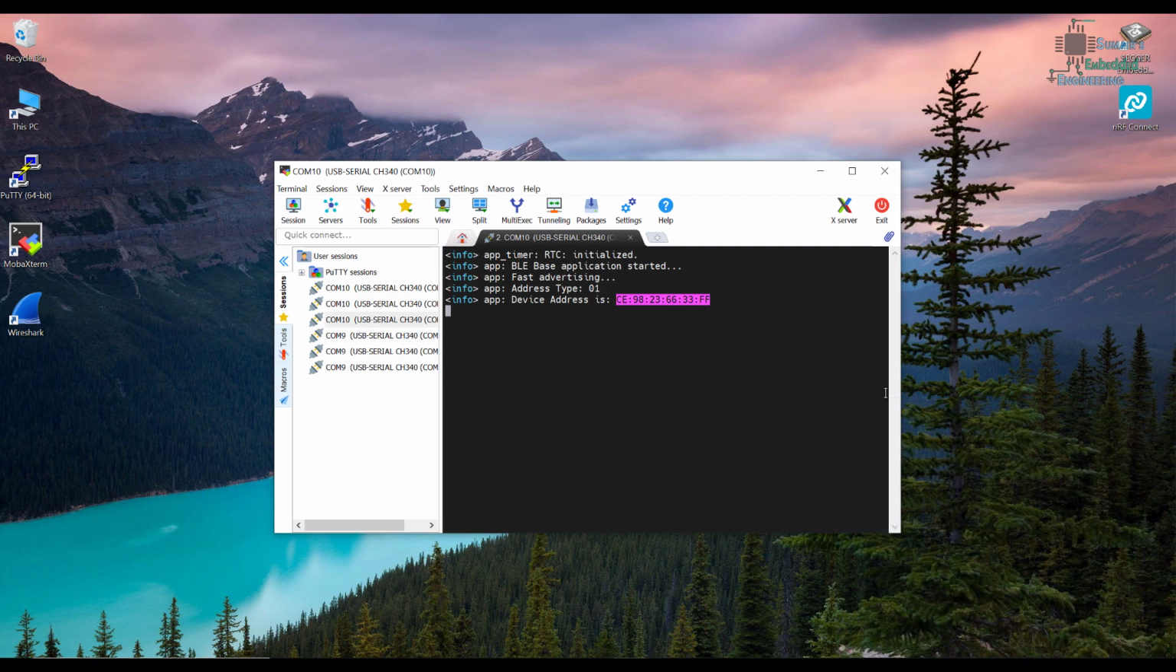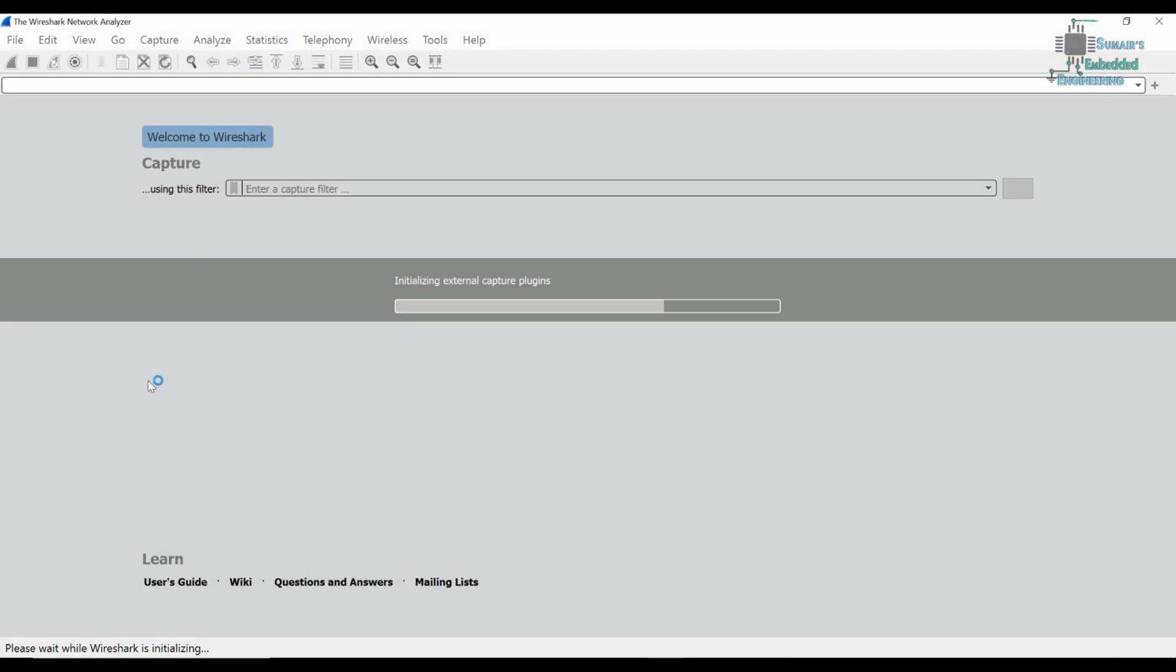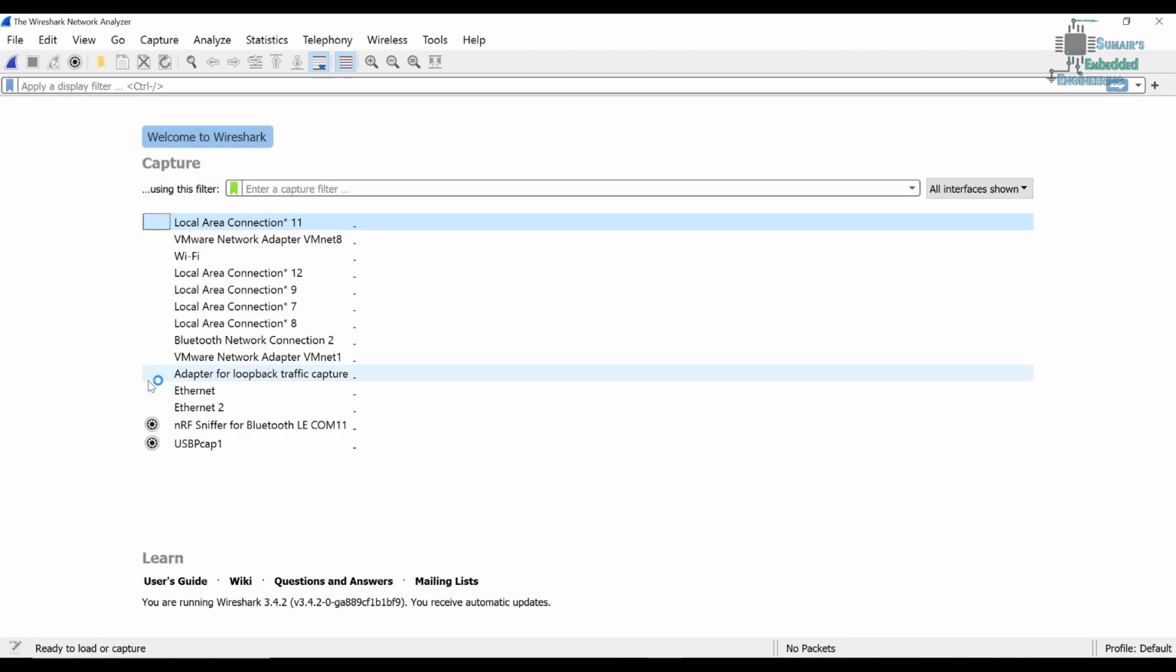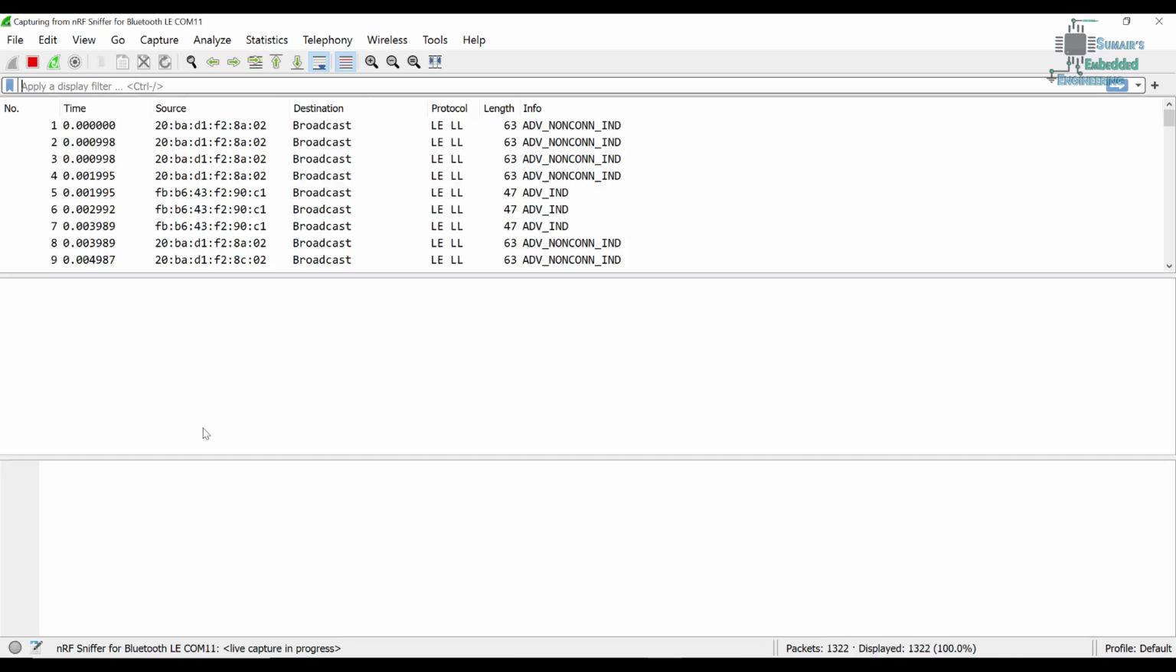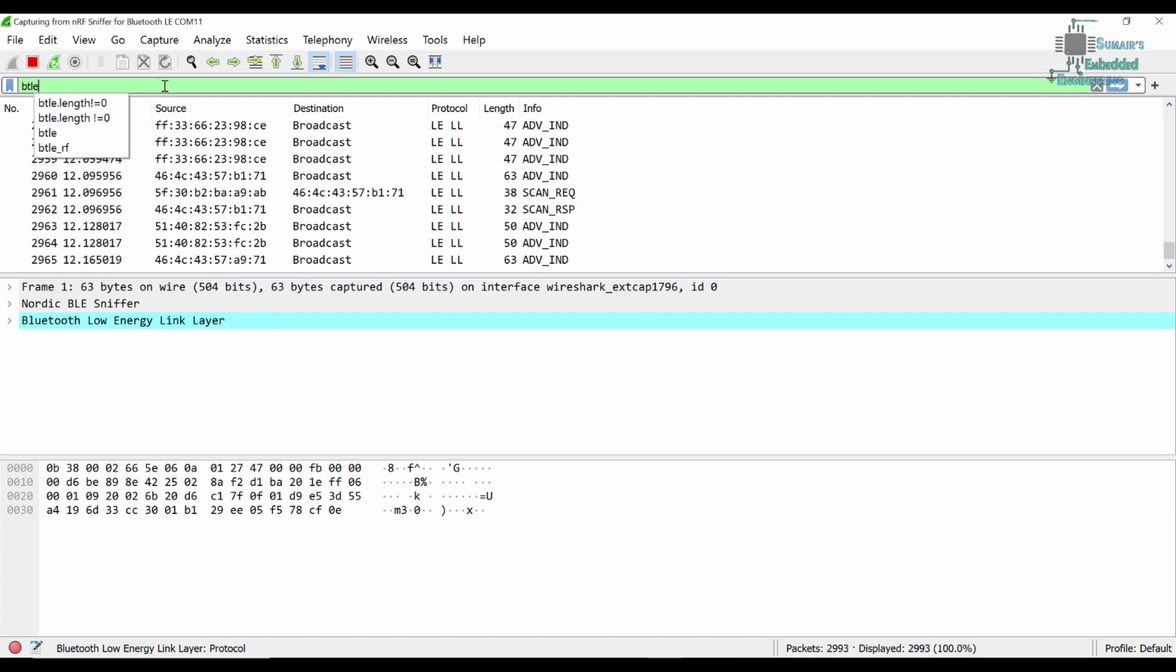Now the next thing we need to do is see the packets. Make sure your dongle is connected. I will minimize this and I will open Wireshark. And if you don't know how we configured our Wireshark, then watch my previous tutorial on Wireshark, how to configure it for the nRF packet sniffer. Now I'm just going to open this, double click on this, and I will start receiving some packets. So here there are so many packets, and I apply the filter, which is btle